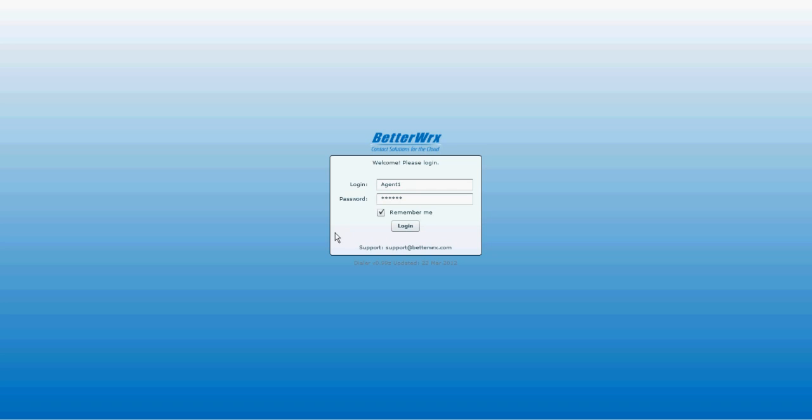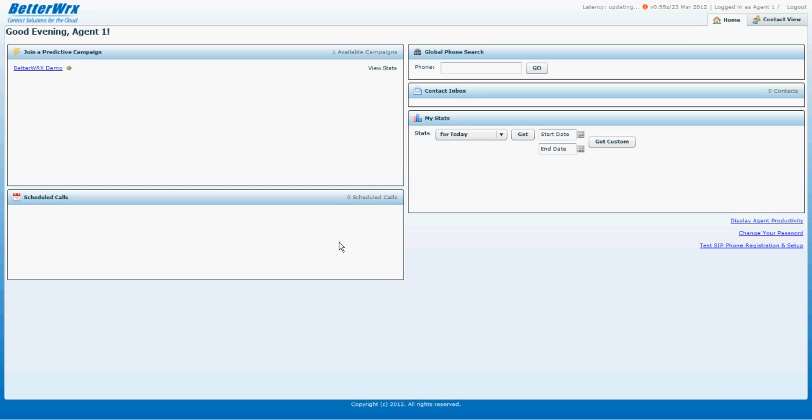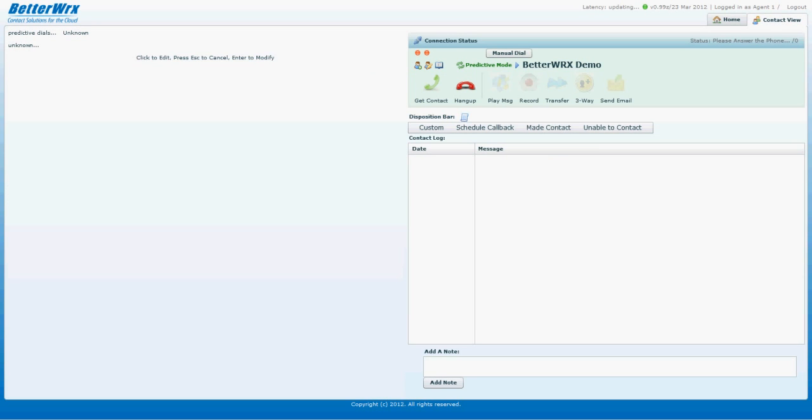Upon returning, restart your phone, log in, and click on the same campaign link of your choice on the Home tab. Now you'll answer the soft phone again, see that the green light is actually active, and then the system will start dialing again. That concludes